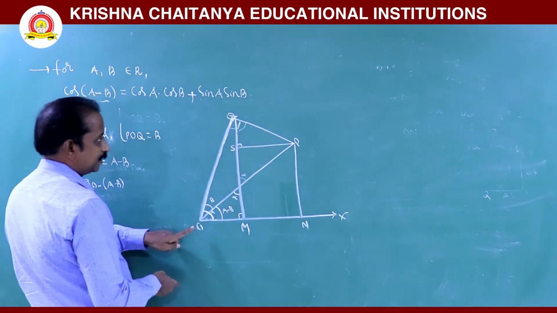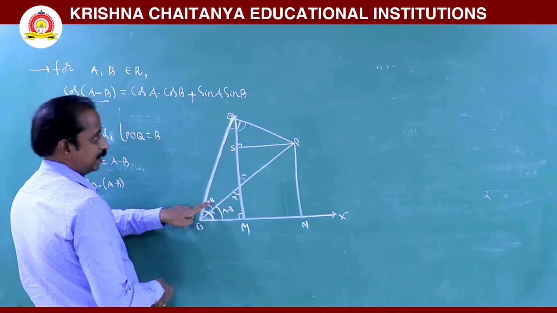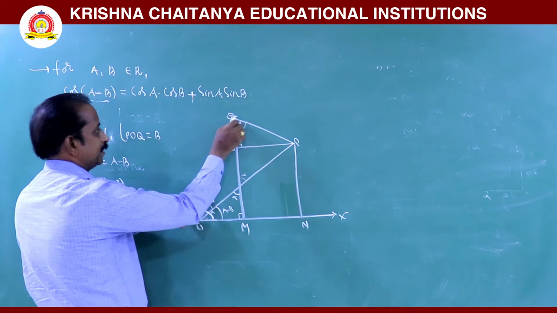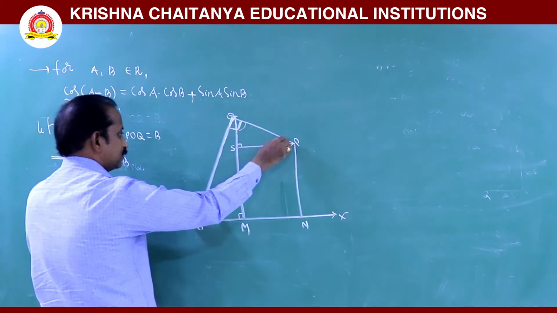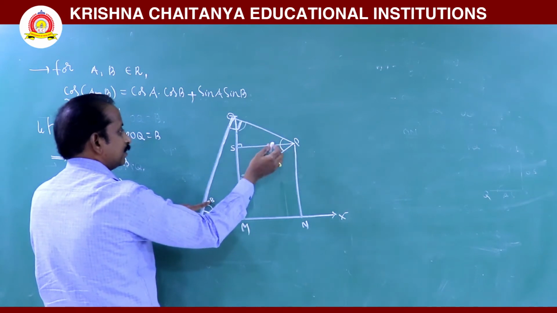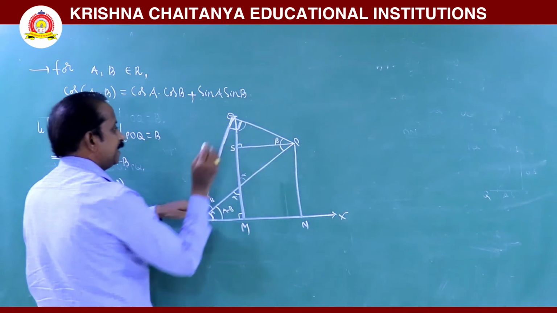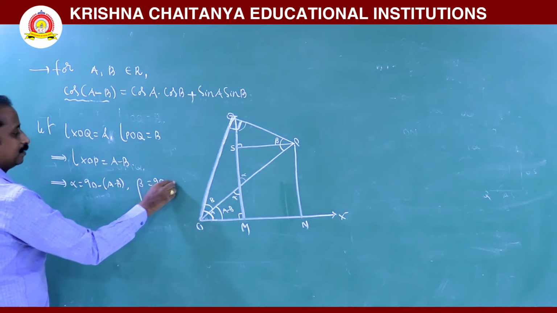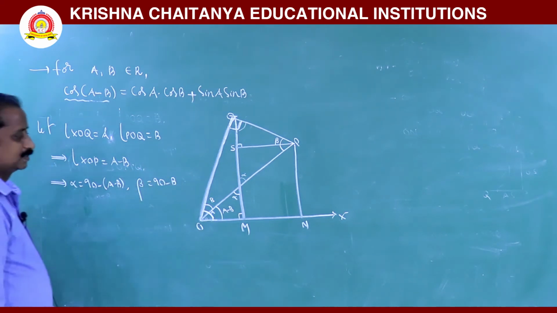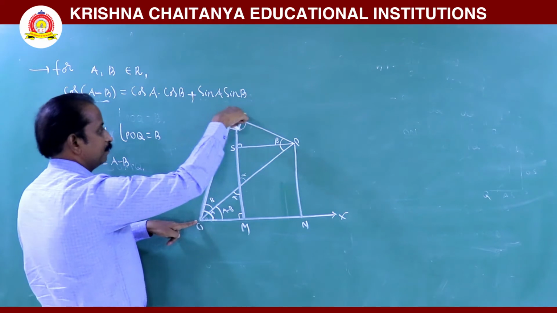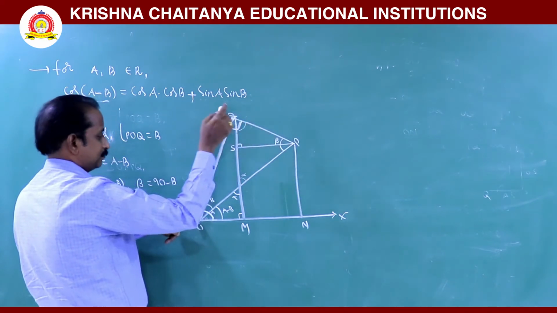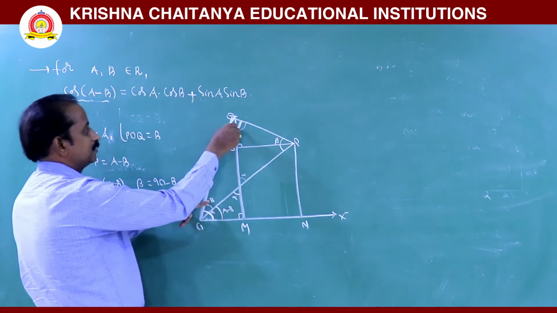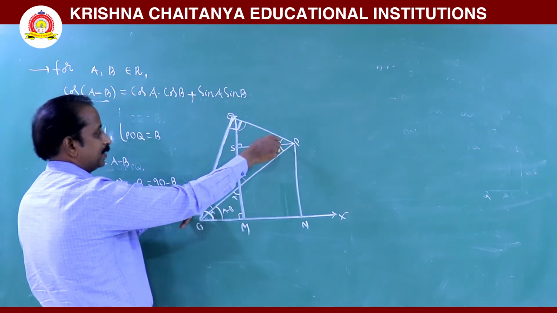Now consider this is angle B. This is 90. So what is this angle? This angle is 90 minus B. Consider it as beta. So here beta is 90 minus capital B. Once again, O, Q, P. Here is the right angle. At this O, the measuring angle is B, this is 90, so this is 90 minus B.